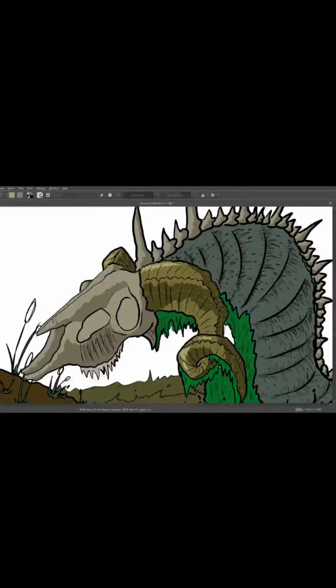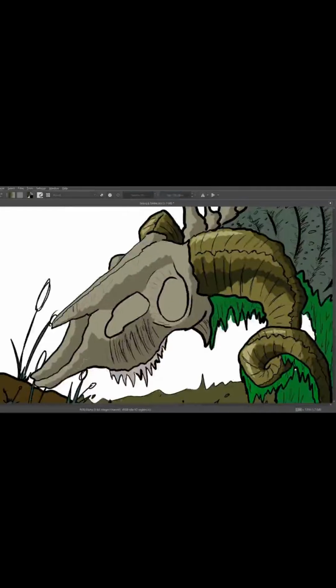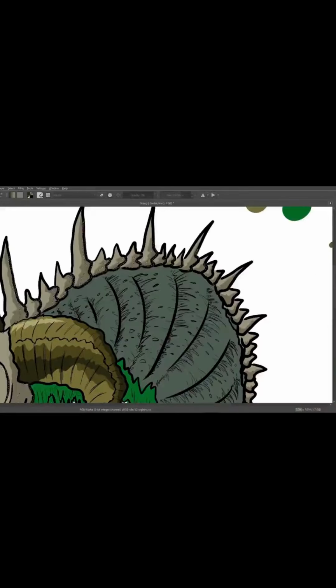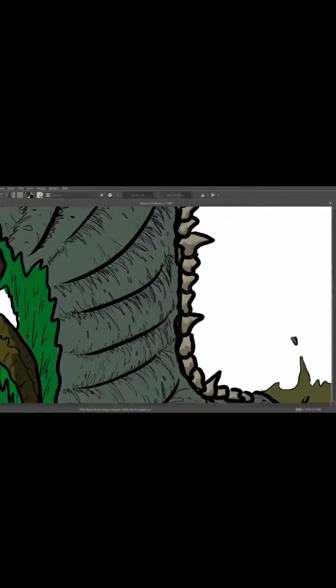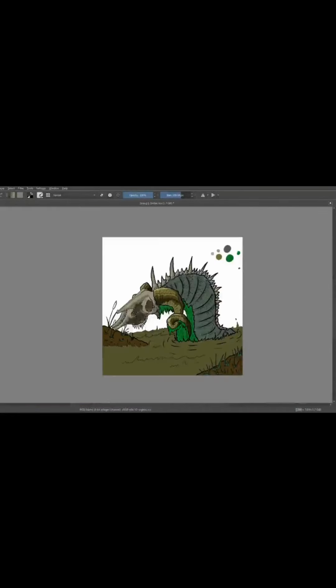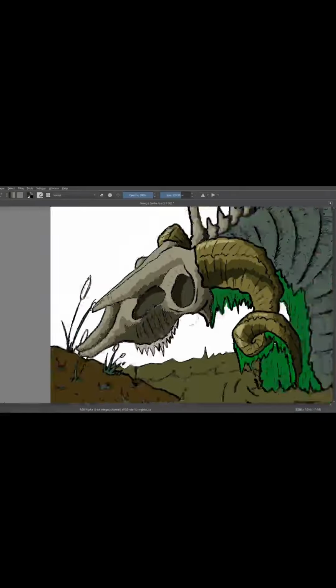This second layer of shading should again be around half of the original shading layer, and it shouldn't be too dark. Ideally you want the skull to be a bit lighter than the rest of the skeleton so that it becomes a focal point for the drawing. This just allows your focal point to come to the forefront of the picture instead of going into the background